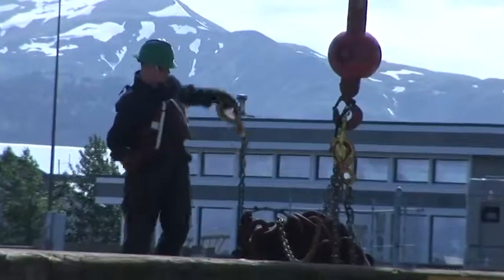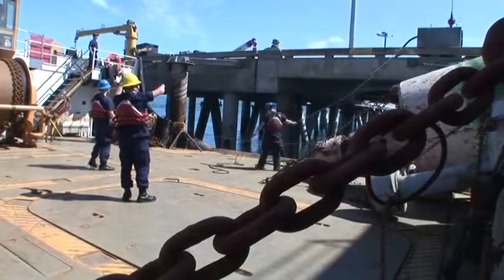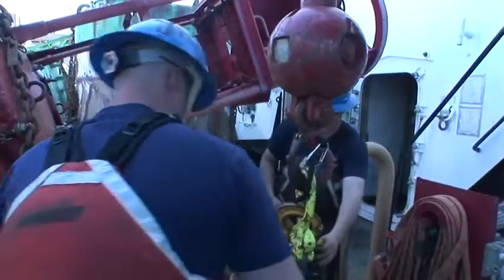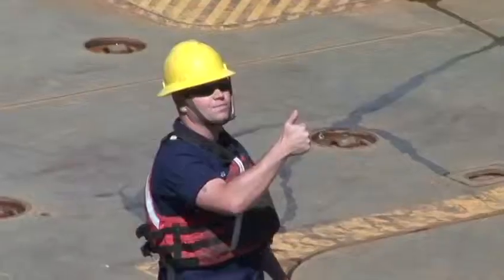The challenges of the Alaskan theater have served as a catalyst for this crew to rise above expectation. Coast Guard cutter Hickory's primary mission is aids to navigation, buoy tending, working lights, day beacons, day boards, marking safe waterways. We have 162 aids to navigation